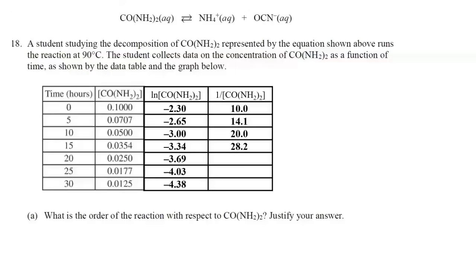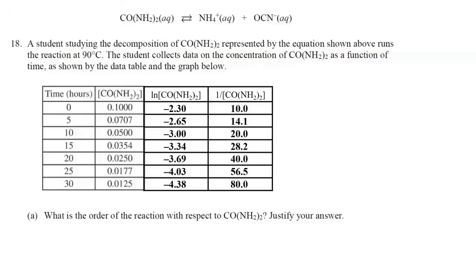And again, I'll continue this process and fill in the remaining values in this column, which would be 40, 56.5, and 80. So now what I have to do is consider which one of these 3 columns of data